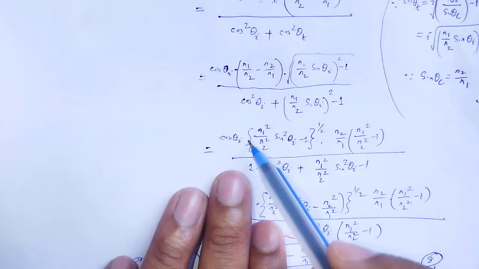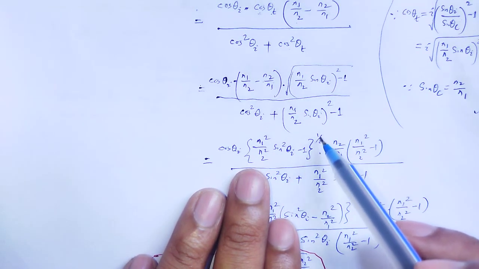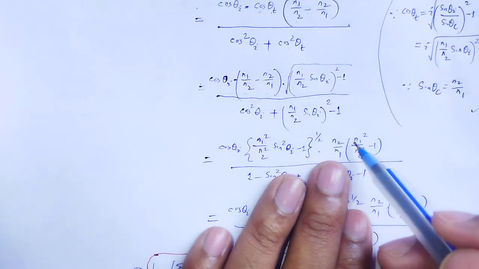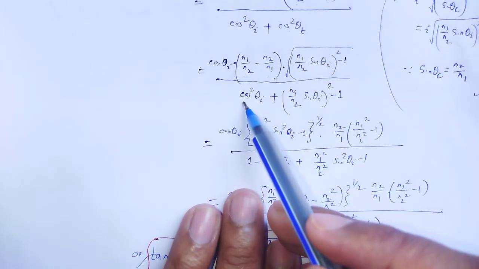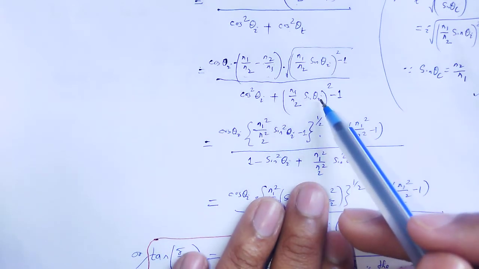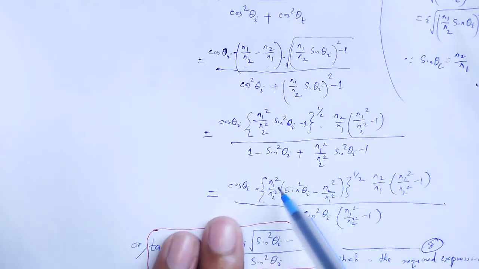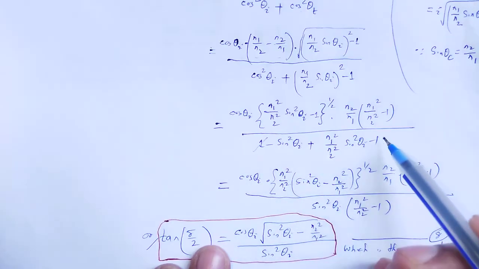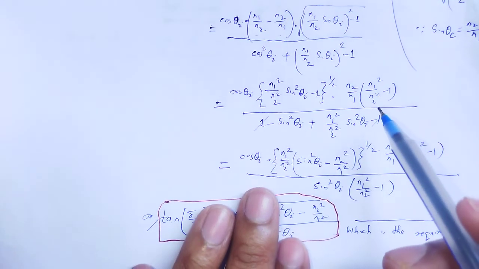Simply we write it as cos theta I, that under root term to the power half, into, in that bracket term we take n2 by n1 common, so in this bracket we obtain n1 square divided by n2 square minus 1, with cos square theta I as 1 minus sin square theta I, plus squaring that one, n1 square divided by n2 square into sin square theta I minus 1, plus 1 minus 1 cancelled out, and